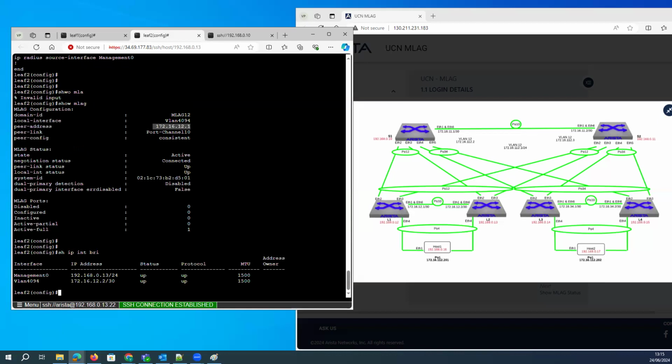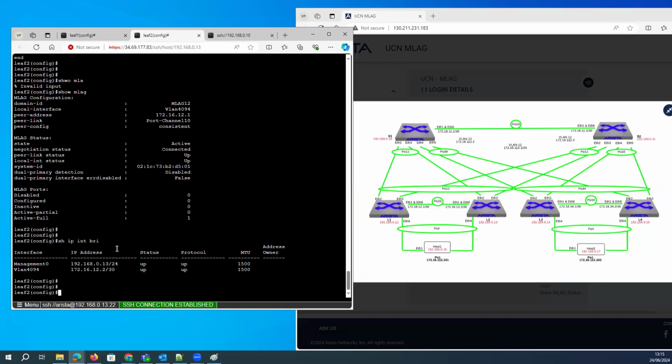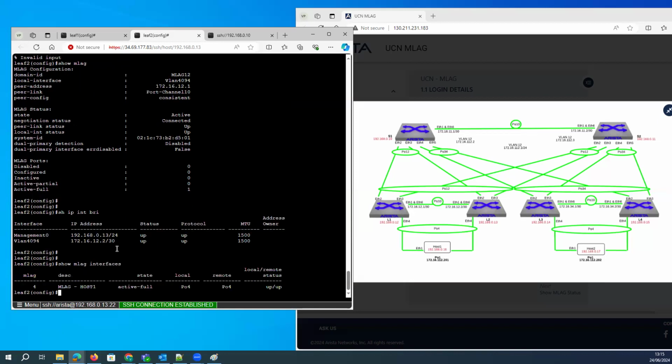Now, if you want to check more on the MLAG command, how this command should be reacting, each and every command has a meaning. Definitely, each and every command has a meaning in the devices. Okay. Now, the second thing you will check here is the MLAG interface. Here you can see that only interface port channel number 4 has been configured for the MLAG